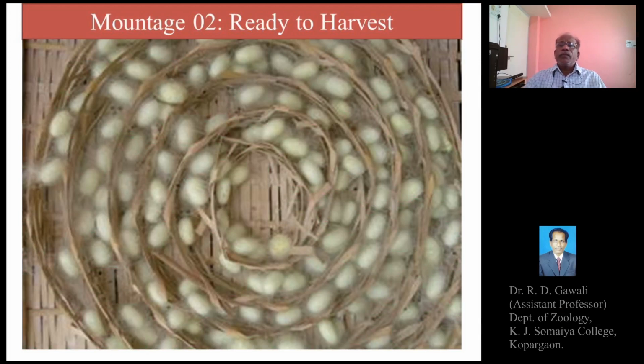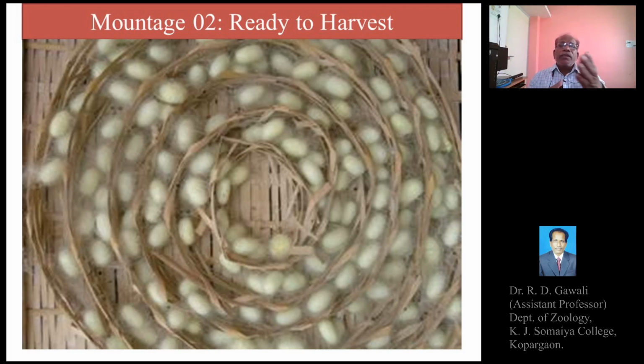Then this is another mountage, which is prepared by using a bamboo mat and a belt of bamboo mat that can be fitted spirally so as to provide a safe place, or a partition, between the larvae spinning cocoons.